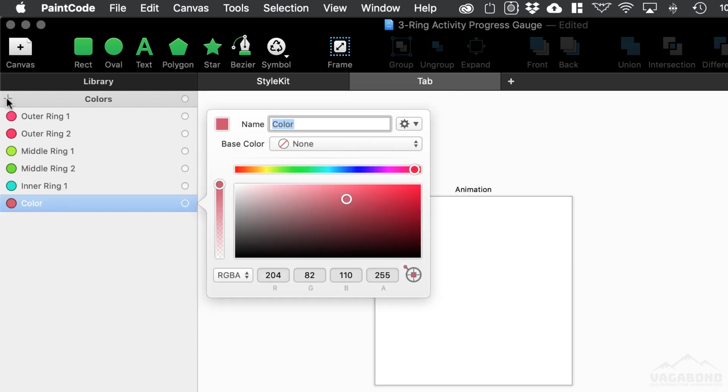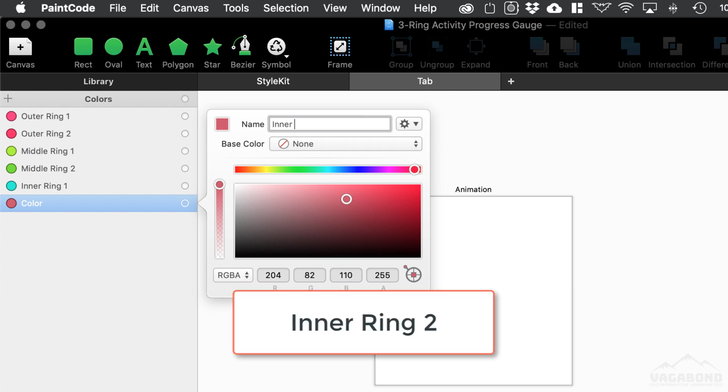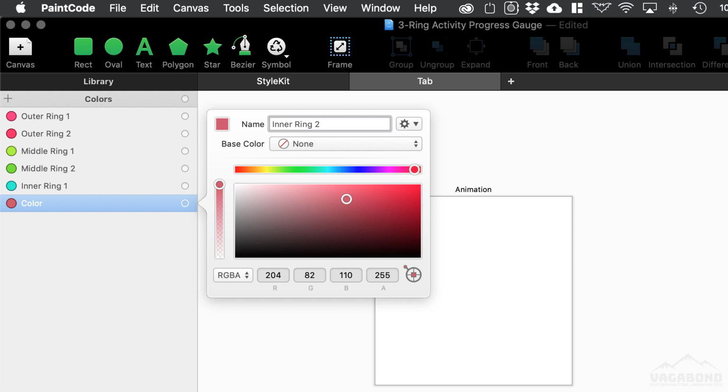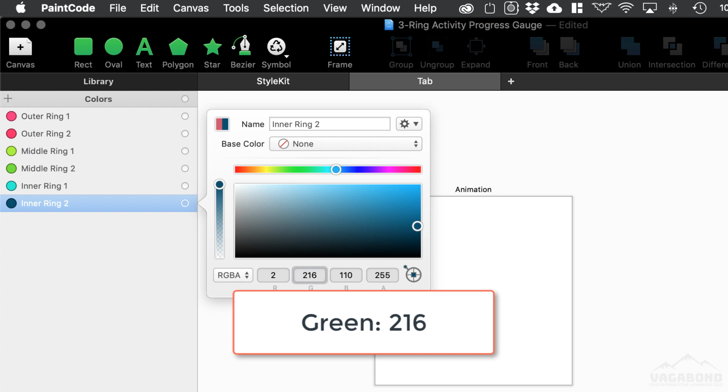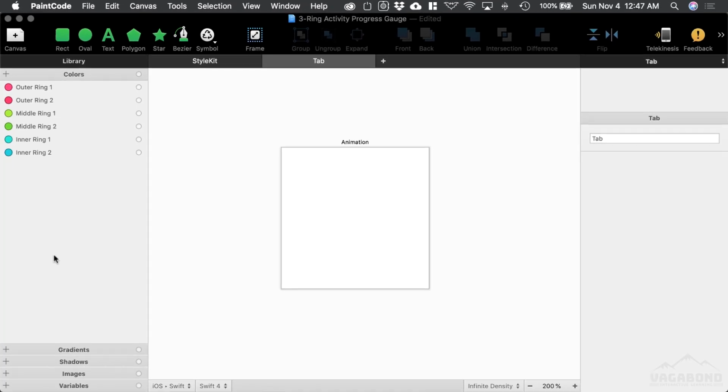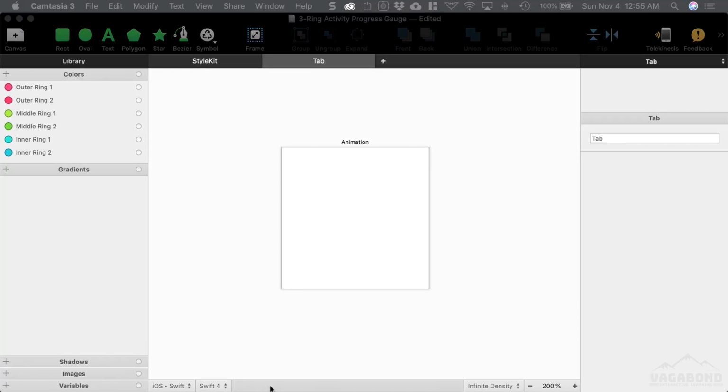So go ahead and press the small plus symbol in the color library. Enter the name of inner ring 2 and select the RGBA color mode. Now enter the following color values: red value of 2, green value of 216, blue value of 218, and the alpha value of 255. As mentioned earlier,